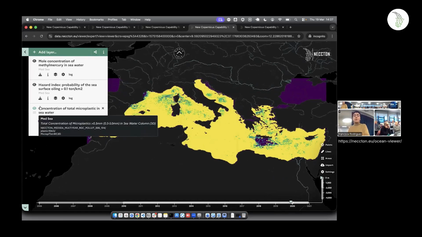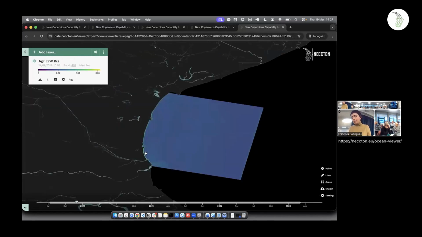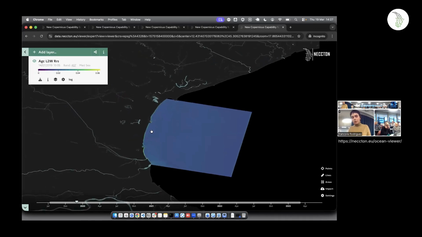But as you can see, you can play around with different layers. You can also combine different layers from different products that have different meanings, and then you can get a lot more insight in what you are studying. Another data set that we wanted to show in this demo